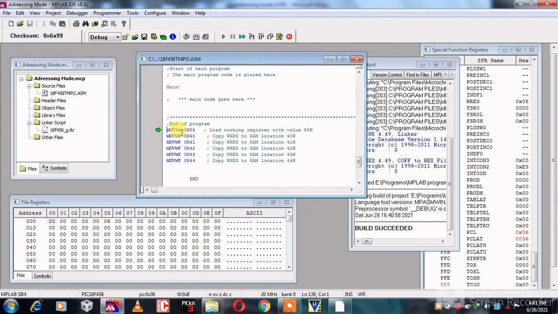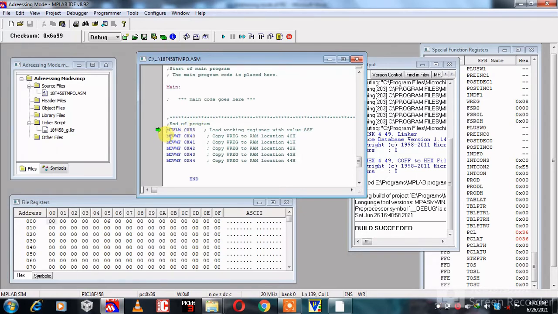Our first instruction is MOVLW 0x55, means load literal value 55H.